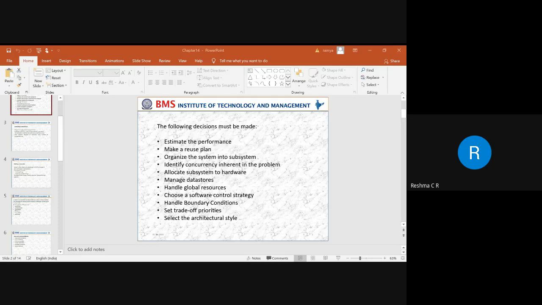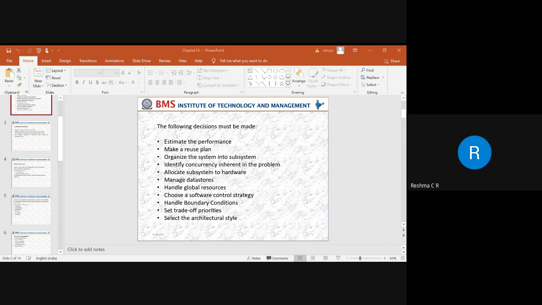And the next thing is the access to shared data. That means all the data may be stored in databases, and how we are going to store these databases is an example of handling global resources. With respect to an ATM example, we have access with the bank code. It will access the bank code, and based on the bank code, it will fetch the account number and verify it. If it is unique, it will send it to the consortium, which identifies whether it is a unique account number. If it is a unique account number, then it will process further.